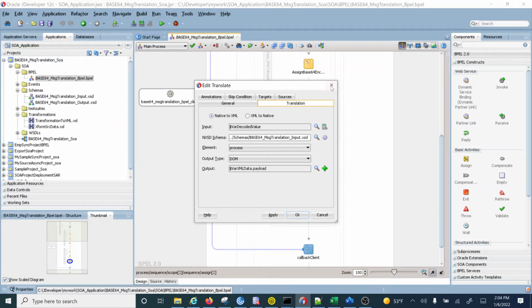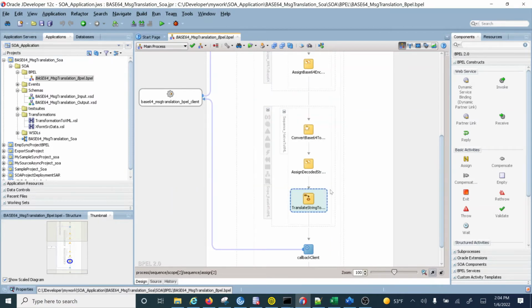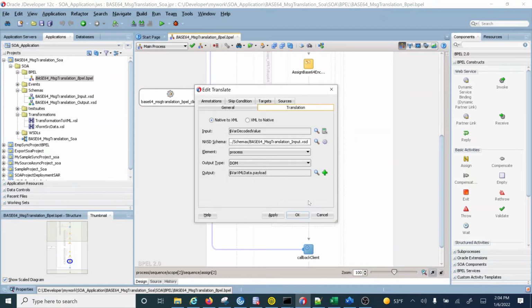For that purpose, you need to use the translate activity here. This translate activity will accept the data which you want to convert from native to the XML format. This is the decoded value variable where we have stored the data from base64 to the string format. So this will become the input variable for this particular activity, and under the element you need to select the process, because in the XSD this is the element defined in my project.